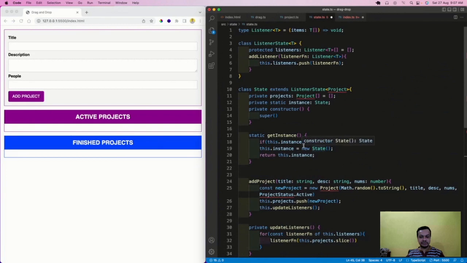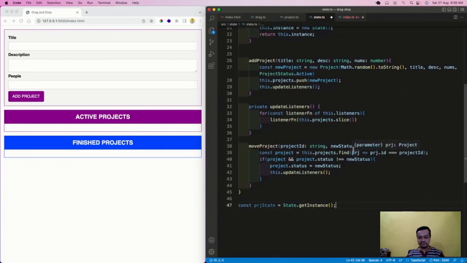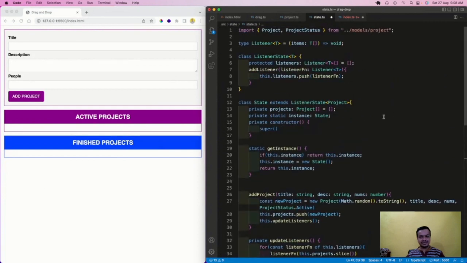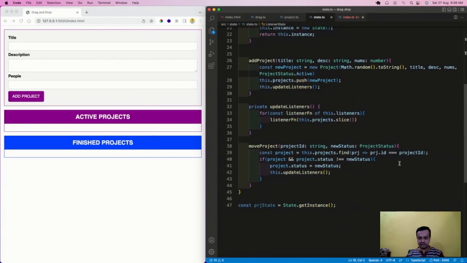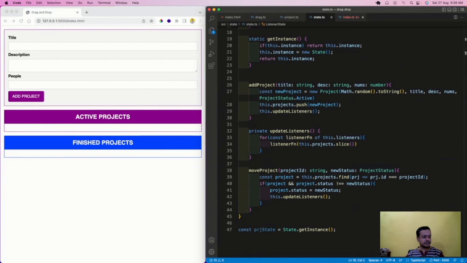Now it is giving me some error here for this project. Okay, so let us see whether this quick fix is fixing. Add missing imports, will it give? Okay, yeah, so it is giving me project and all, but since this kind of file is there, I have to add .js also at the end. See, all the errors are gone, and see, there is no error here. So that is there. Now